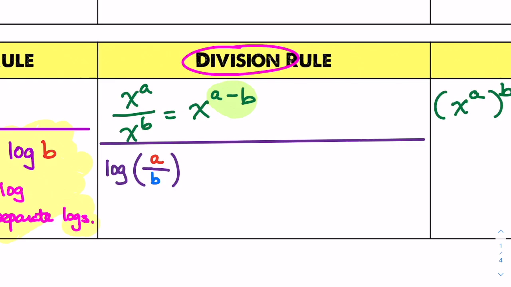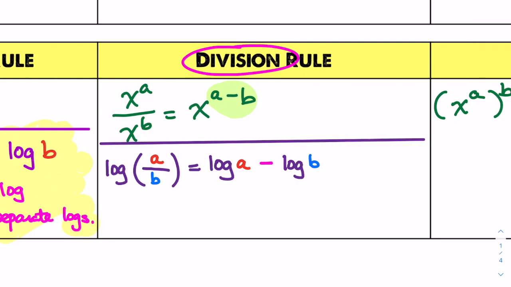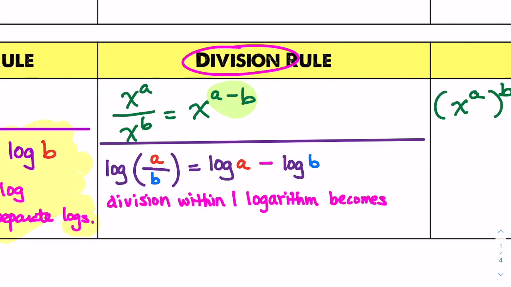If you have division inside of a log, that turns into subtraction between two logs. So division within one log becomes subtraction between two